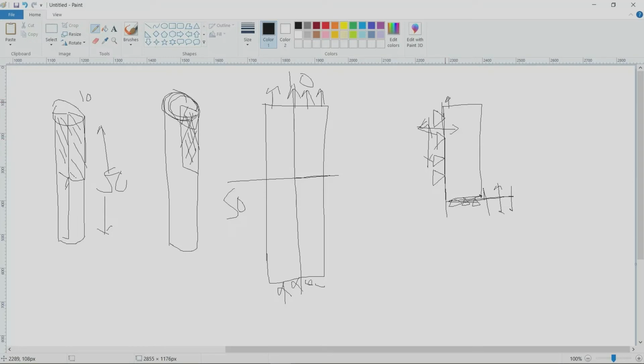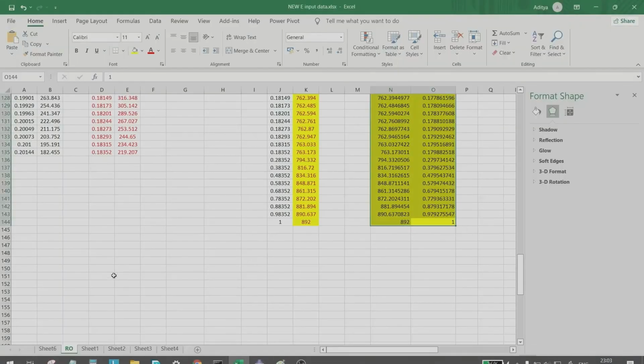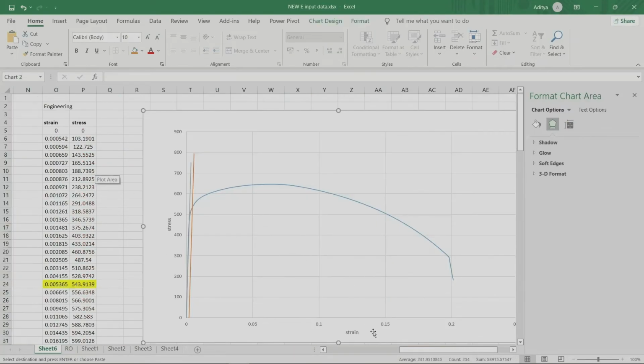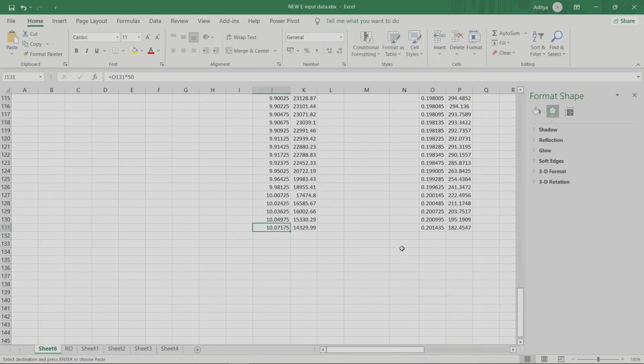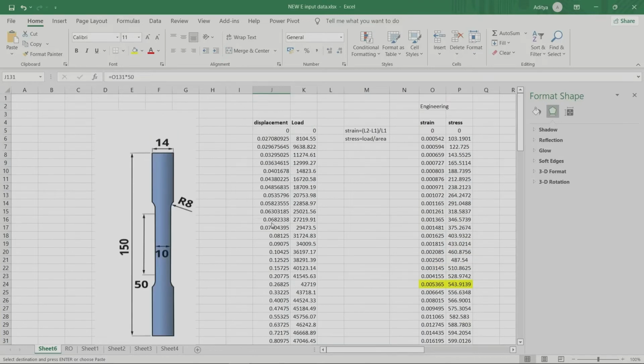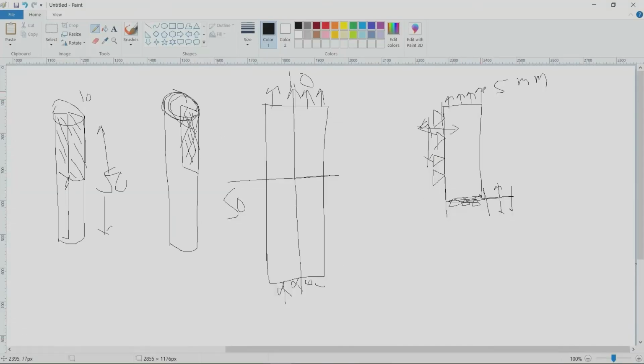And then there is the boundary condition that is your displacement. The displacement will be 5 mm. Why have we given 5 mm? Because this is your test result, and it has given you 10 mm of displacement. That means this section can sustain up to 10 mm. Since we are creating only a quarter section, that means 5 here, and using symmetry 5 will be on the opposite side. So the total is 10 mm of displacement.